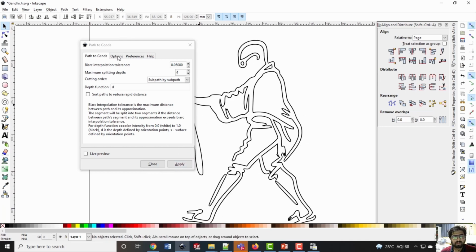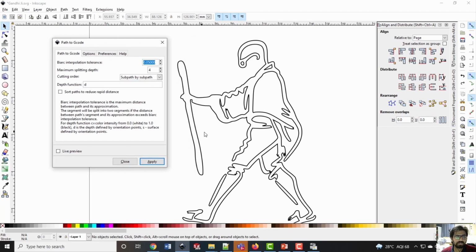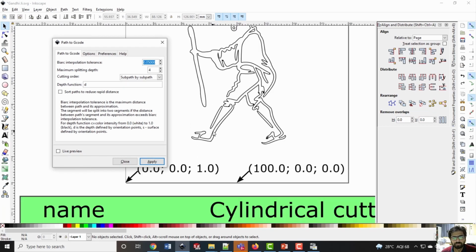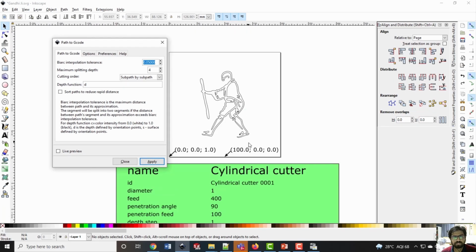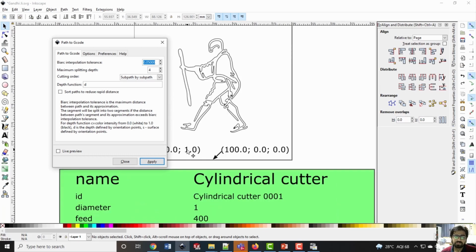Now if all these options are set, you can also consider the option for depth function, and the depth function has already been defined in our orientation point, so we will use that only. Our orientation point says that at surface z is 1, but it is going to deposit material at 0. So we are defining it by the orientation point, that is why d is written here, and d is the depth defined by the orientation points.